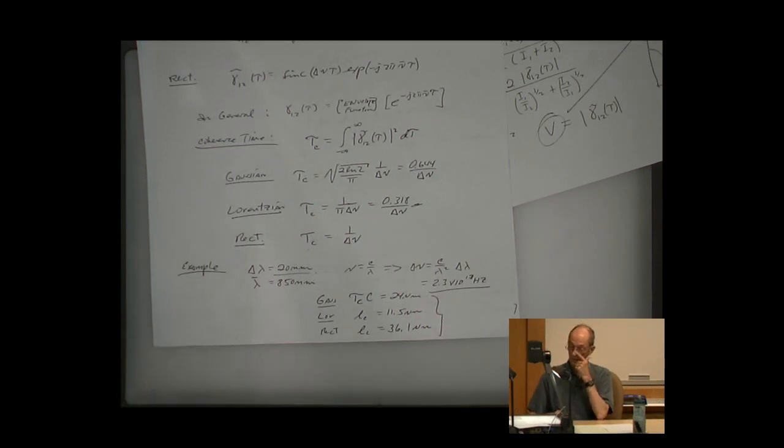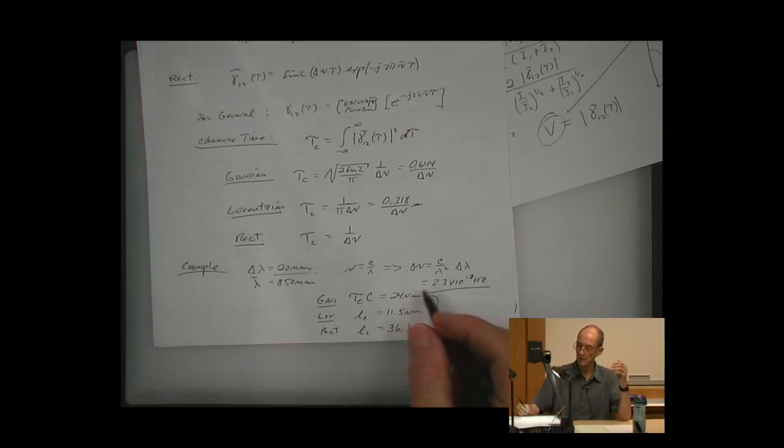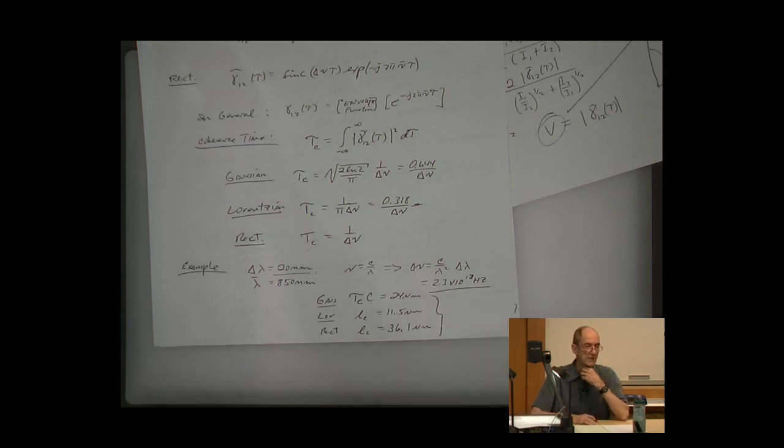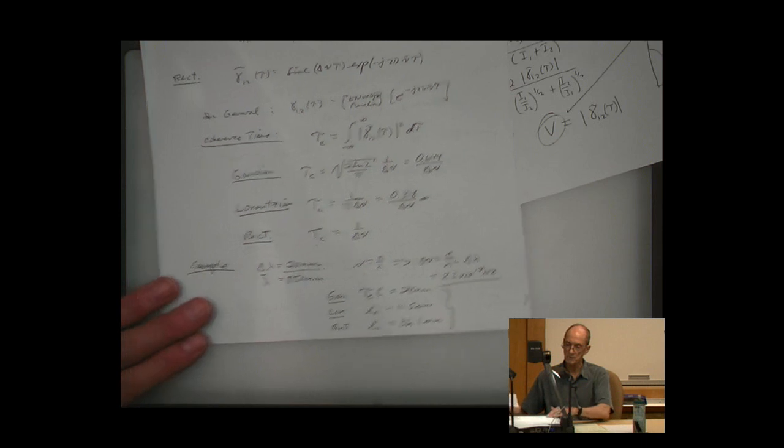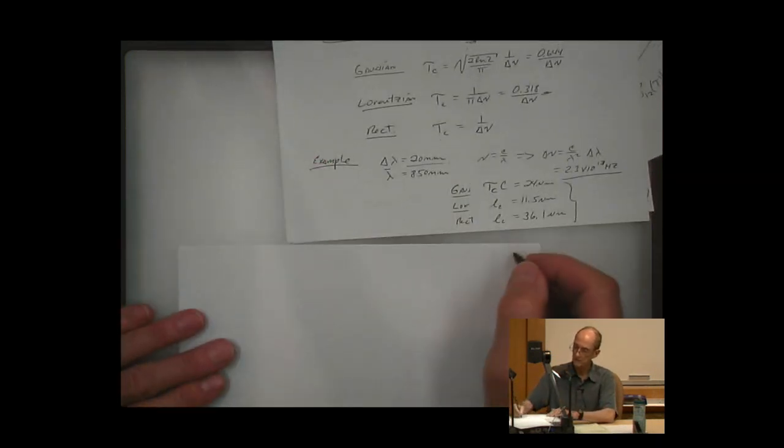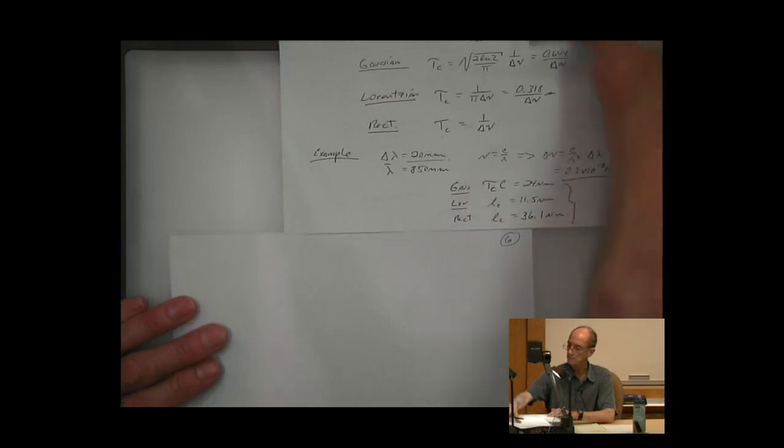Again, that 20 nanometers might be an LED source that you have, and so this is the kind of coherence length that you have. So if you were trying to make a hologram with a source like that, you'd have to get your two path lengths matched within roughly 10 to 36 or so microns. Okay, so it's a little difficult to do that, and so that's why the use of lasers is so good for our purposes for making holograms. So let's look at the coherence characteristics of